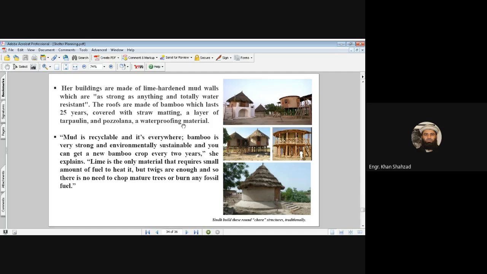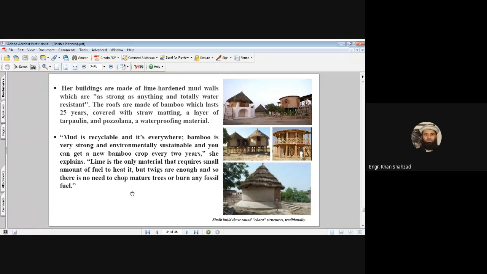So with the help of this tarpaulin, that is sheets, and pozzolanic materials, which are materials that have no cementitious properties, but when you mix them with water they react with sodium hydroxide in the presence of moisture, then they get cementitious properties. And these make waterproofing material for these shelters. You can provide this on the top